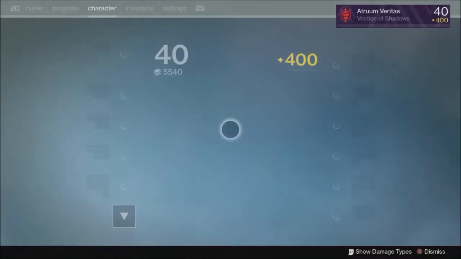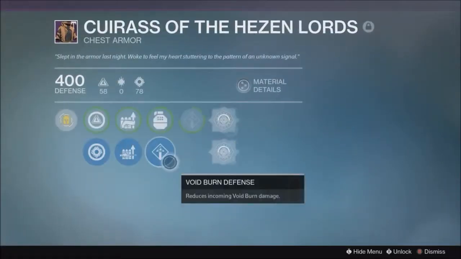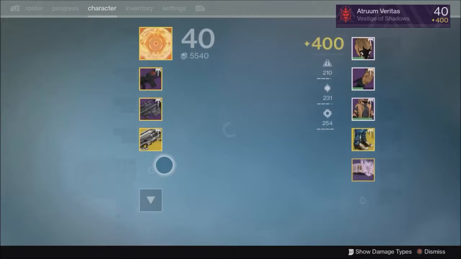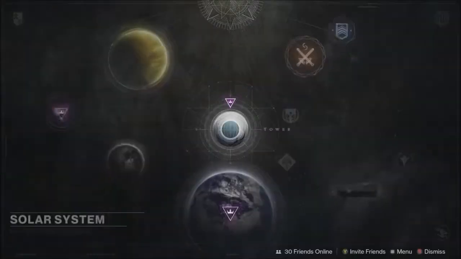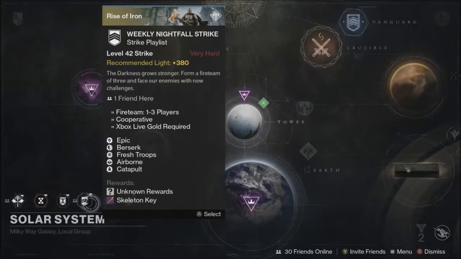I recommend putting on a chest piece that has a Void Burn Defense. It looks something like this in your upgrade nodes. Void Burn Defense reduces incoming Void Burn damage. It is not set to just raid gear. You can see that this chest piece also reduces incoming Void Burn damage, so be sure to put one of those chest pieces on. What that does is reduces Void Burn by half, so you take normal damage while still